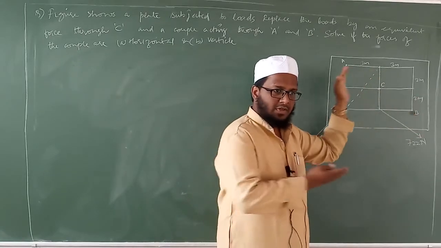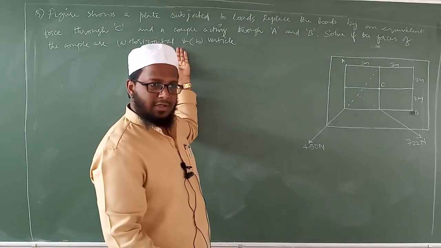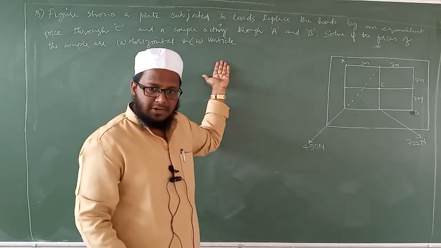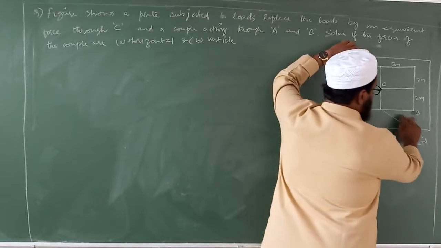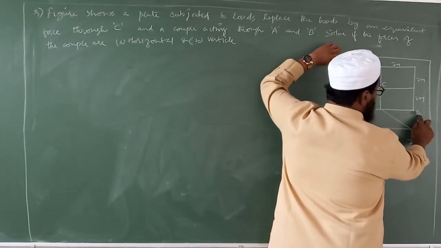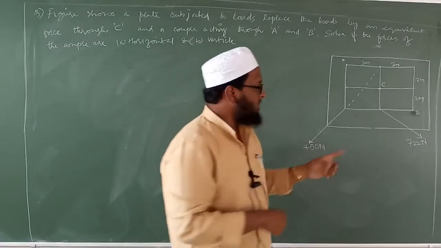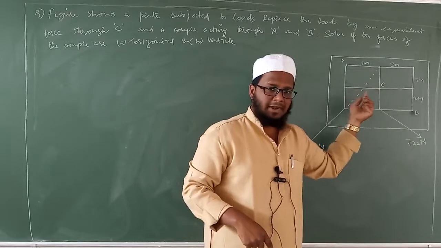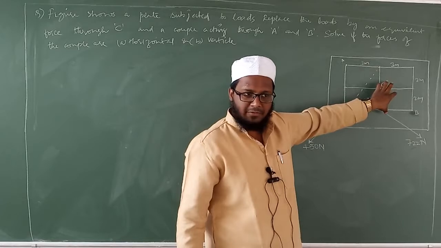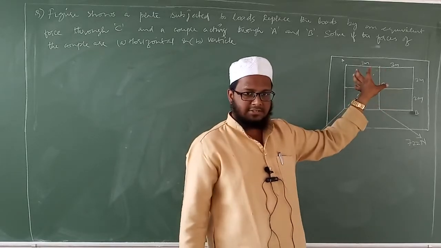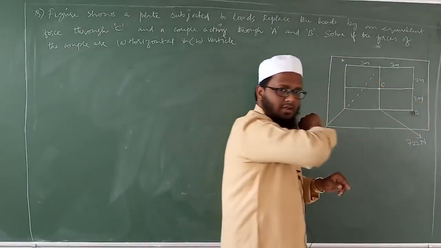There are two forces at A and B. One is going in the right direction. It is also mentioned that you can consider one as horizontal and the other as vertical. Initially one force is acting in the horizontal direction, another force is acting in the negative x direction. Because of that, the entire plate will rotate about its centroidal axis C, as I told you before yesterday, isn't it? It will try to rotate like this. If the forces are acting vertically, then it will try to rotate clockwise, isn't it?